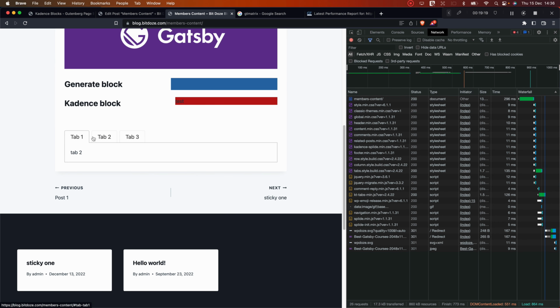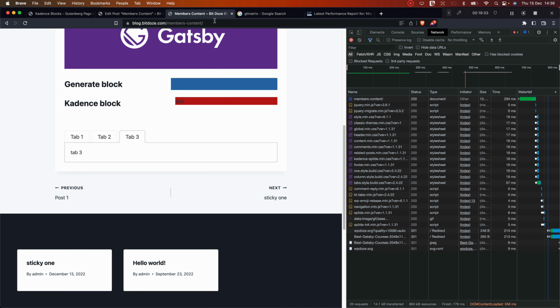So in here we have the tabs. Tab 1, tab 2, and tab 3. I made a mistake with the name, but this doesn't matter. So let's go and refresh this thing again. Right now we should have more things added, because these tabs need JavaScript. So